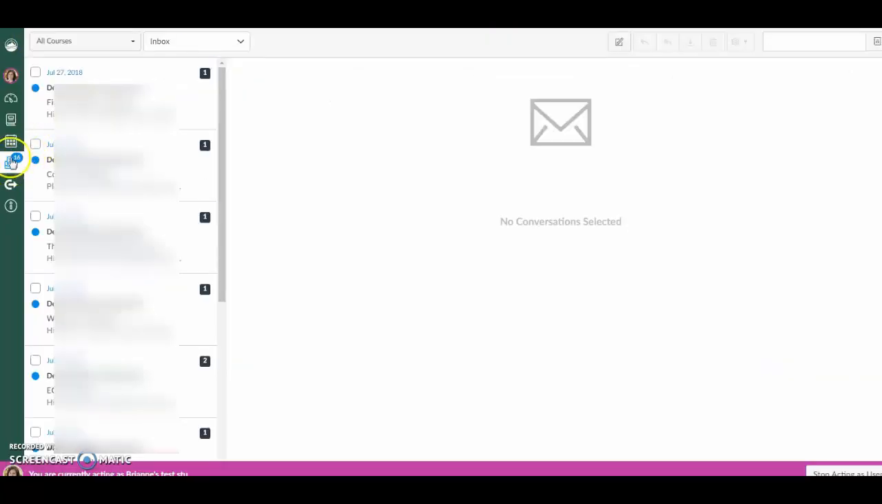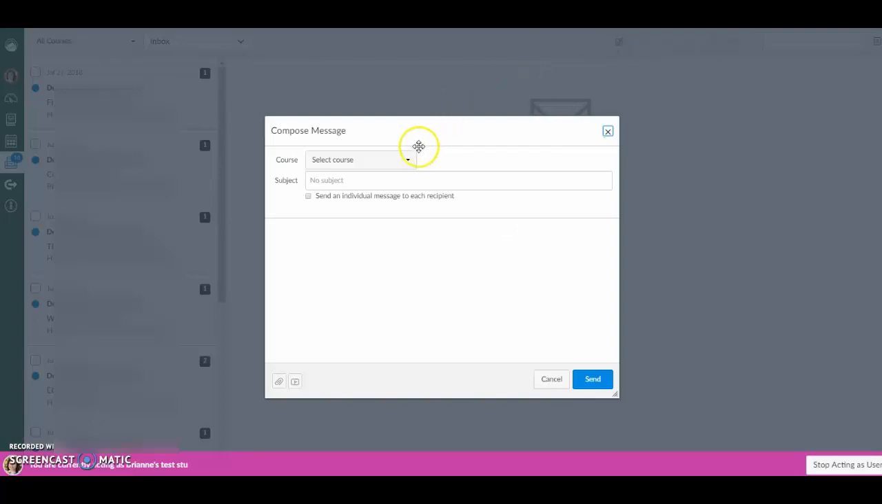Next is the inbox. When you have new messages, a number will light up in the corner of the inbox icon. The inbox is a great tool to use whenever you have a question for a teacher or a student in your class. After you click the Compose button, you can select your course from the list